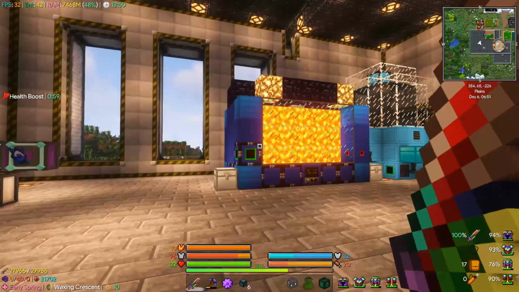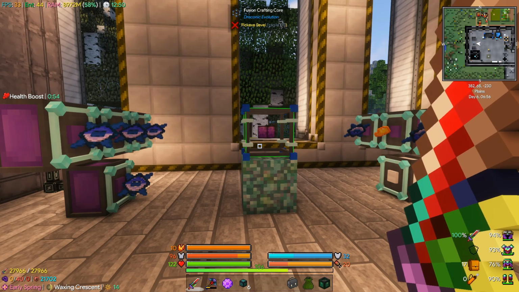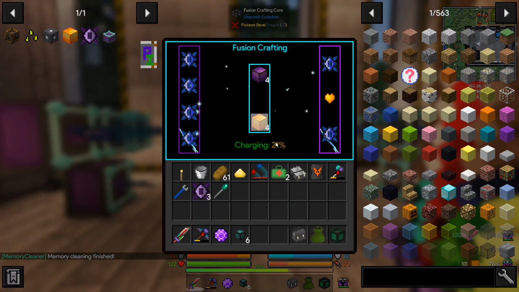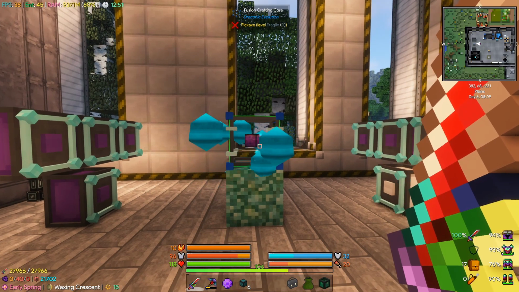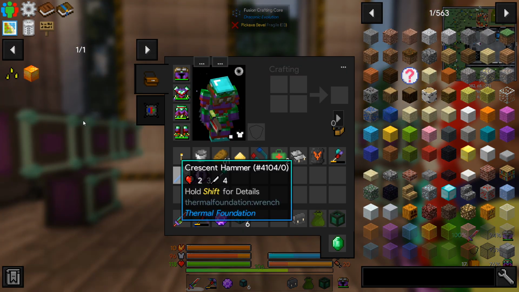Could be cool to use some of that, but we should have enough power to do this guy. This is going to unlock a game stage, which should be cool. Here we go. Now I think Awaken Draconium is maybe a useful...